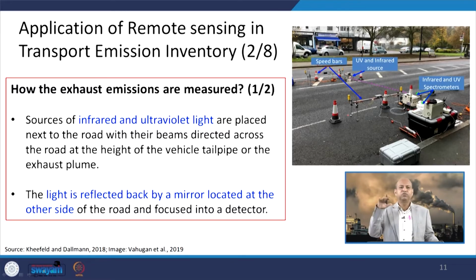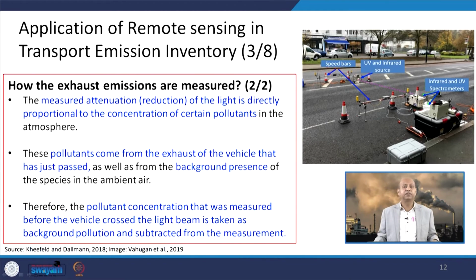At the height of the vehicle it is kept, so that the pollution capture is proper at the tailpipe or exhaust plume. The light is reflected back by a mirror located at the other side of the road and focused into a detector. So, that way this light intensity gives the indirect information of the pollution. So, the measured reduction of the light is directly proportional to the concentration of certain pollutants in the atmosphere